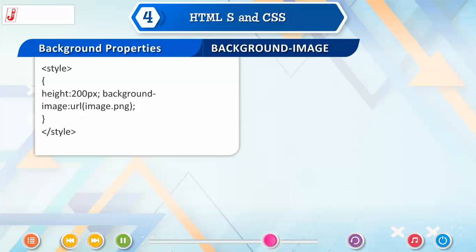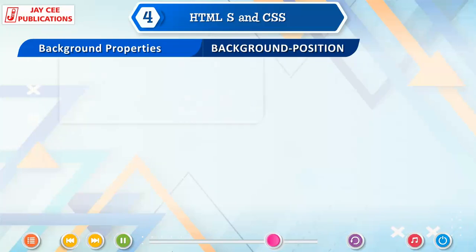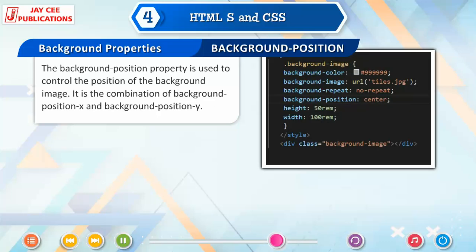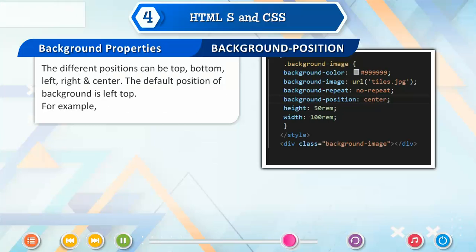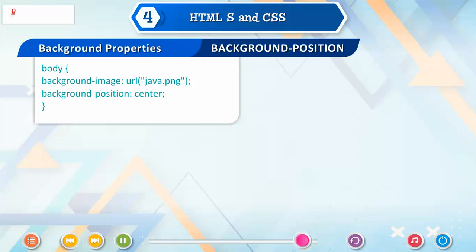Background position. The background-position property is used to control the position of the background image. It is the combination of background-position-x and background-position-y. The different positions can be top, bottom, left, right, and center. The default position of the background is left top. For example, body {background-image: url("java.png"); background-position: center;}